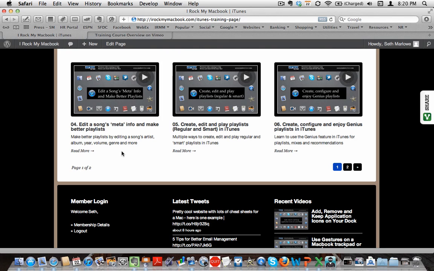Then as you've got your music in iTunes, we get into how to edit a song's meta information. Meta information essentially means data. The reason you want to do this is to set things like, if you've got older songs that came in off of CDs and the volume levels are very low, maybe you want to amp those volume levels up. Maybe you want to make sure that you've entered things like albums, years and artists correctly so that you